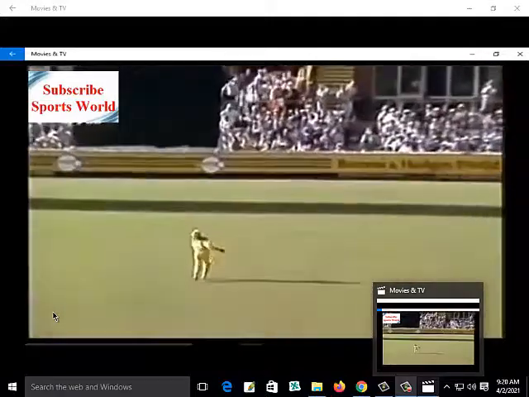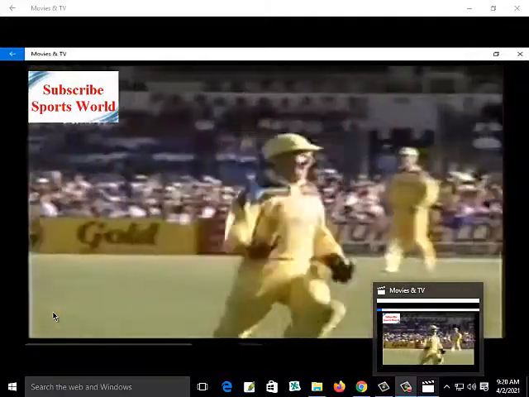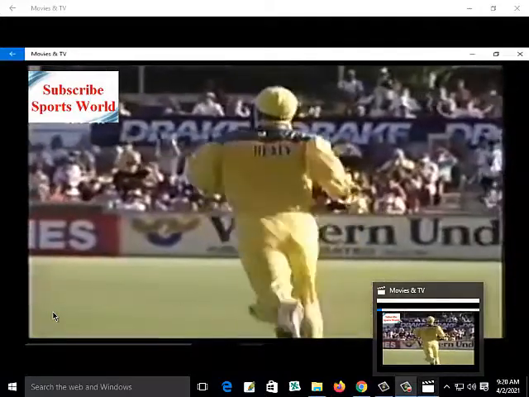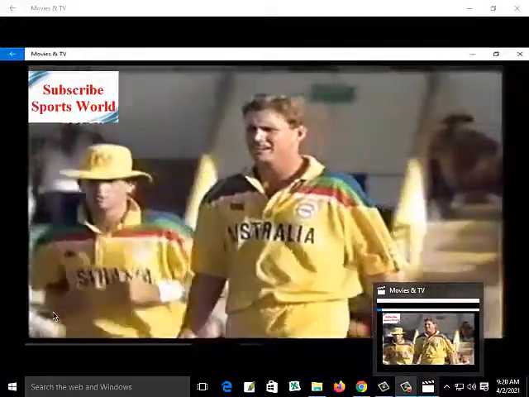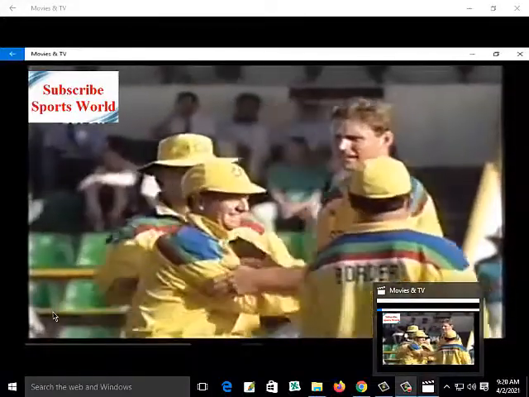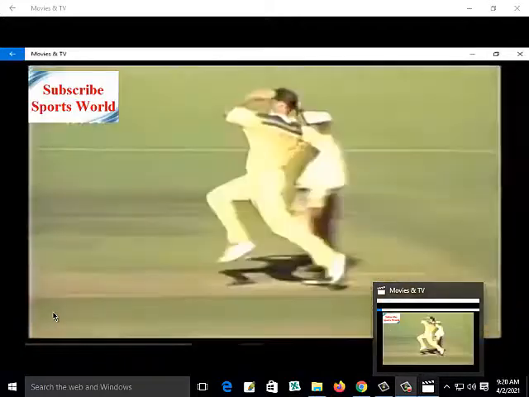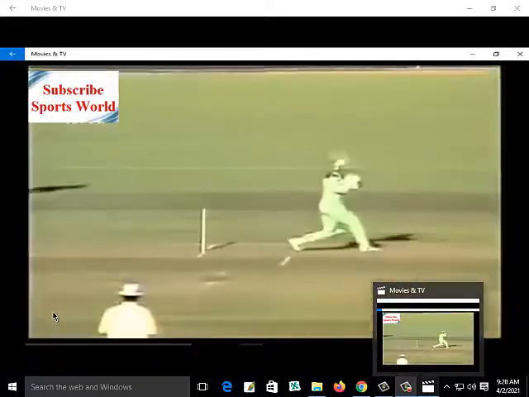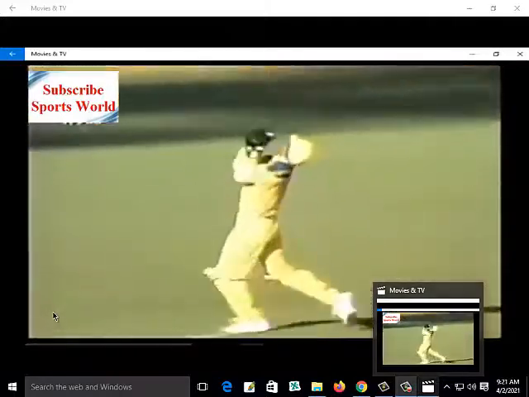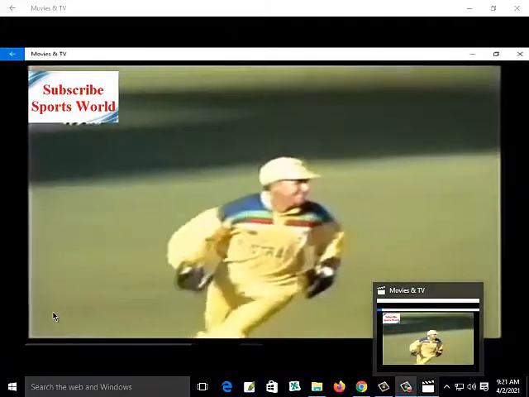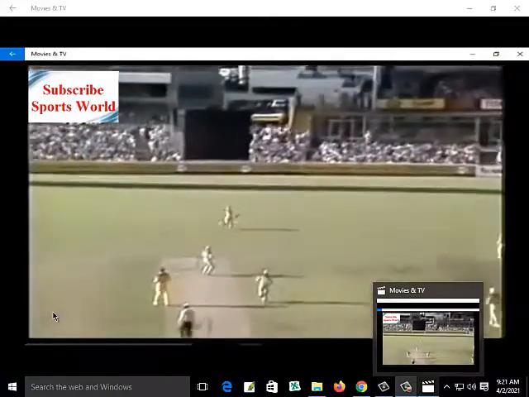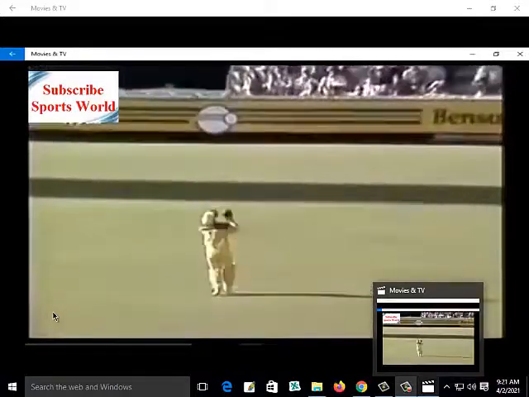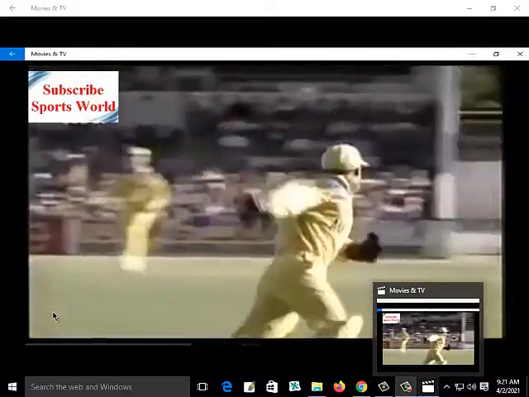Ian Healy, and he's taken the catch. So Tom Moody gets his 2nd breakthrough, and it's a good one for Australia, getting rid of Ammir Sohail. This was the in-form batsman, in a bid to try and score a lot quicker. He gets this ball, he's trying to pull over mid-wicket, gets a top edge. In fact, it looks like the batter's open-faced, and Healy takes a great catch over his head.